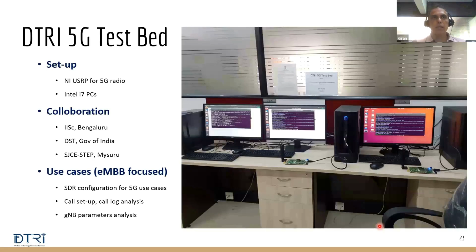And just to give you a quick glimpse of what we are doing in terms of research. So we are based out of Mysore in Karnataka, and we have our own 5G test bed. So this is the picture of the 5G test bed, which is used for education purposes. If you see here, I've written the use cases. So we use it for eMBB focused configuration, some kind of testing and all that, mainly used for education and research. And we have collaborated with the Indian Institute of Science, Bangalore. The Department of Science and Technology has funded this program, and we are based at